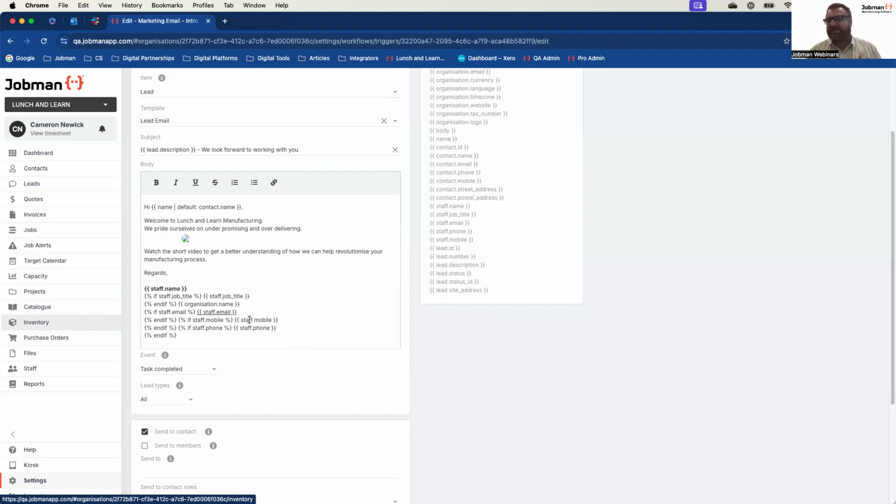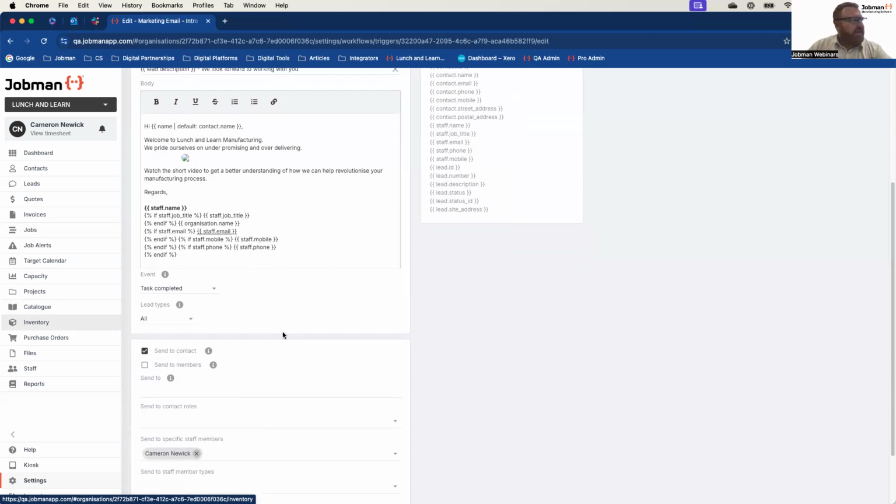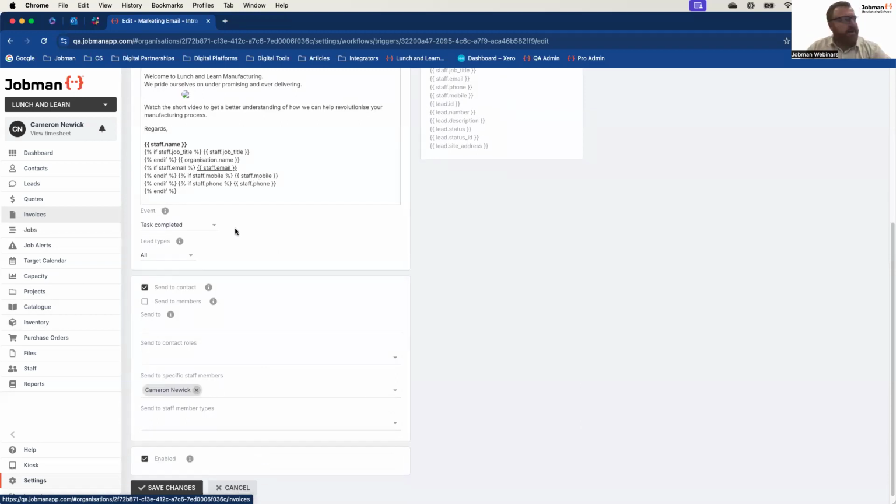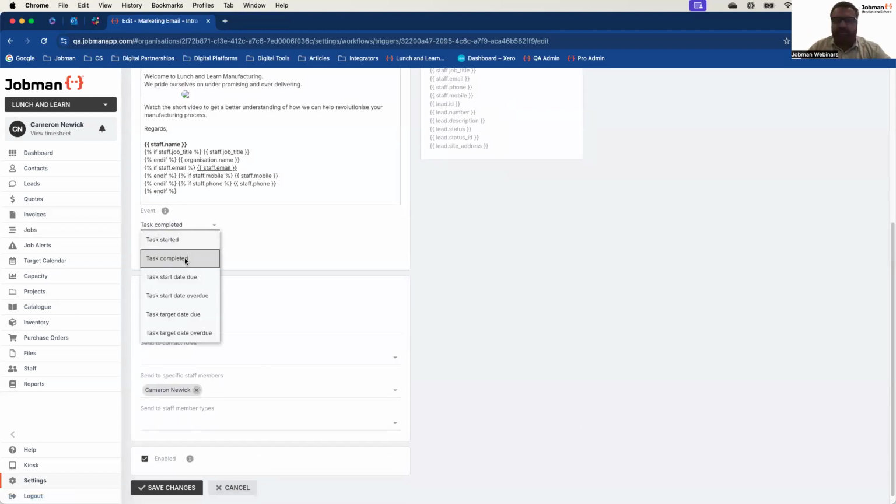The software knows it's me, it knows it's Cam. Awesome. So the client's going to get a really professional looking, fantastic templated email. And same concept again. We come in here and we choose when we want this to fire. So in this example, I've chosen task complete again because I've linked it to the lead entered status operation,